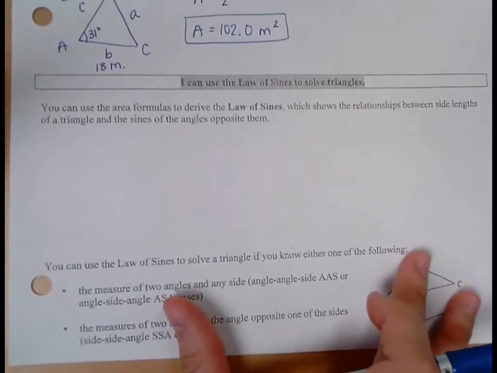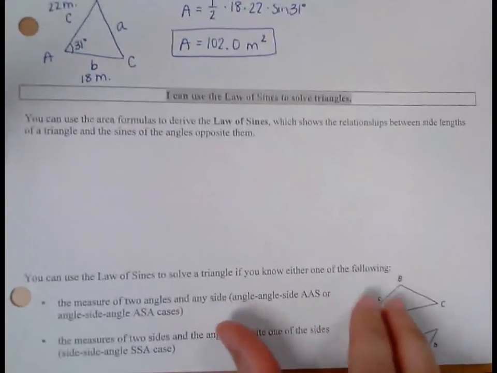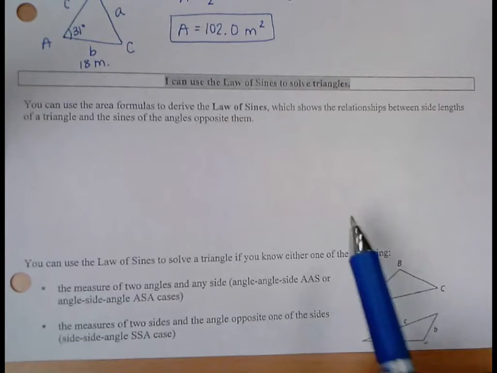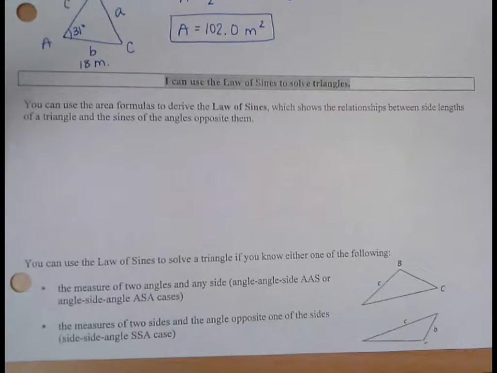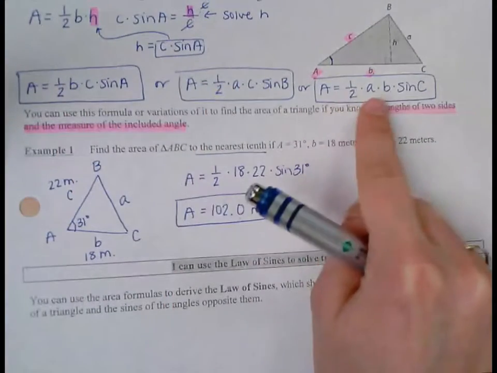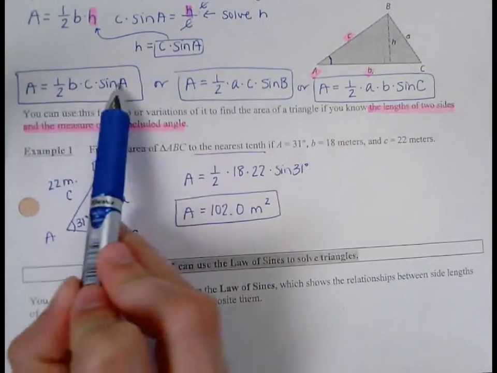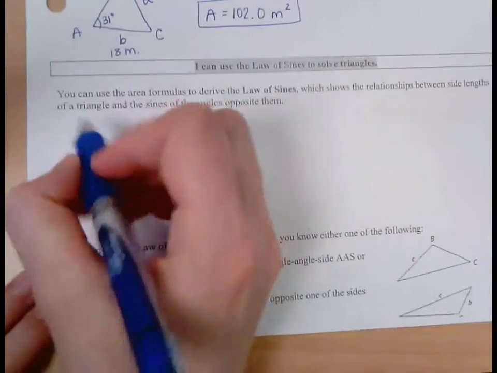So we can actually use these three area formulas to derive or show where the law of sines comes from. And then the law of sines is showing the relationship between the side lengths of a triangle and the sines of the angles opposite them. So what I'm going to do is, since all three of these formulas represent the area of the same triangle, I'm going to set all three of these expressions equal to one another. They're all equal to the same area. So I have